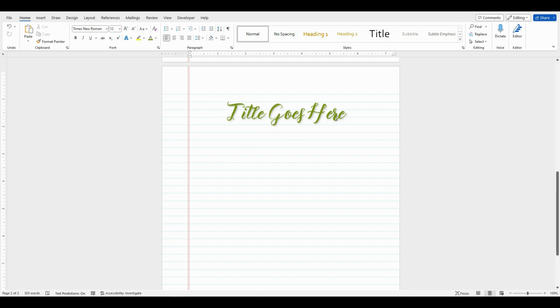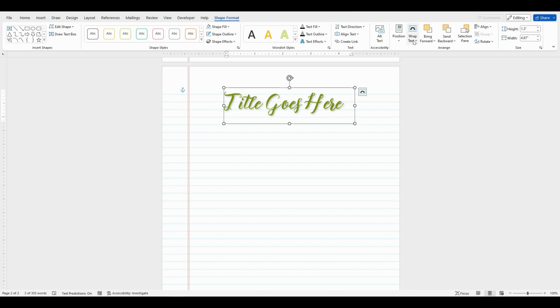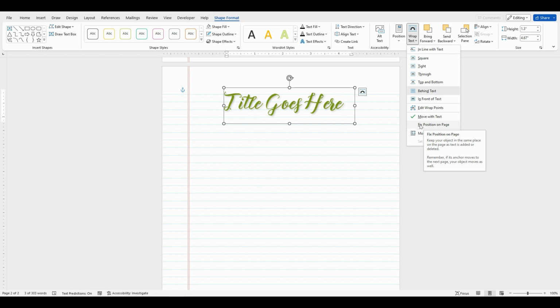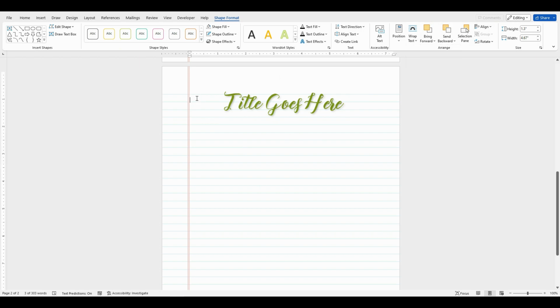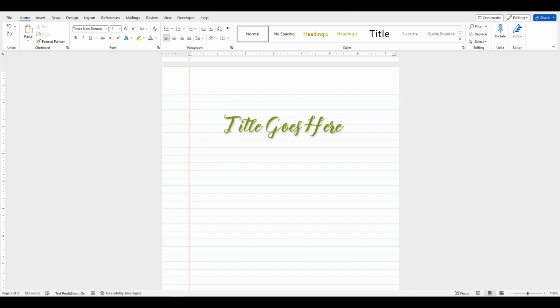Now, so your titles won't move, it's important that you put it behind the text and you fix it. So we go to text wrap, put behind text, and then go back to text wrap, and you want to fix it into position, but I'm going to show you what happens if you don't. So right now we have that move with text. So when you enter or you're typing, that font will move with you. But if you fix it to position,